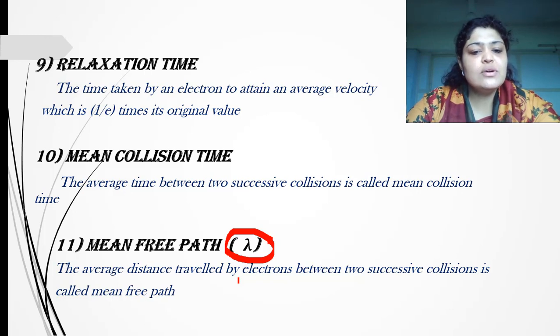When the electrons are exposed to an electric field, they are drifted opposite to electric field. And because of this drifting, there is collision between the electrons. They collide and they travel. So the average distance which they are covering when electric field is present is what is known as the mean free path, which is commonly denoted as lambda.